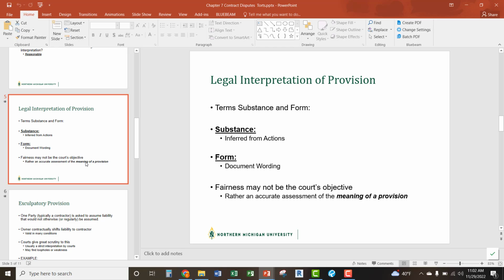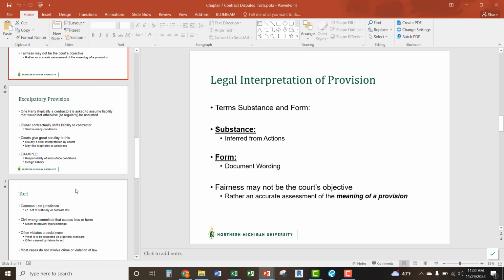So both those things come into play when it comes to intent, when you're trying to interpret different scenarios. So again, just with everything else within this entire class, we're dealing with risk constantly. We're dealing with understanding interpretation of documents. We're learning what all of our limitations are, what our barriers are, and figuring out ways that we can minimize